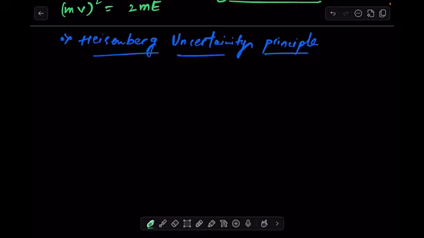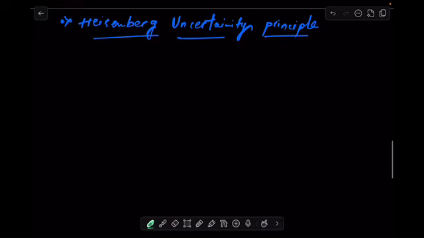Which concludes that we cannot find the exact position and exact momentum of a microscopic particle simultaneously. That both the position and momentum of a microscopic particle cannot be calculated precisely simultaneously. So basically this principle is going to